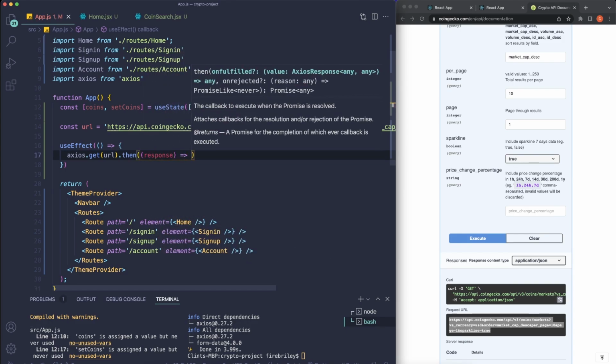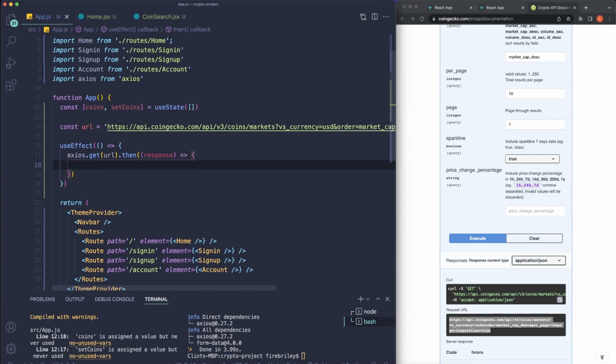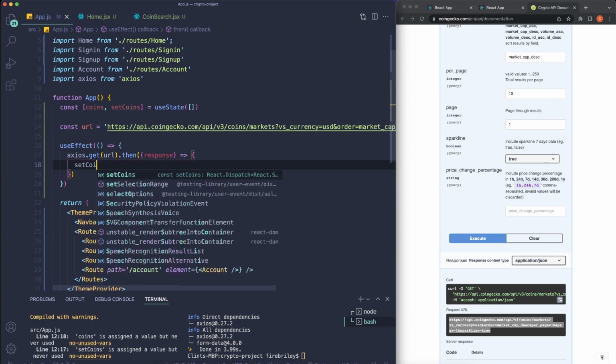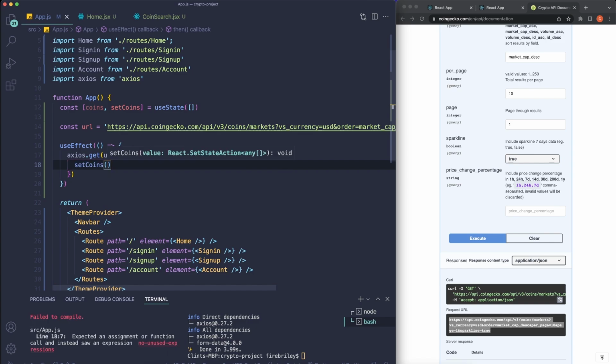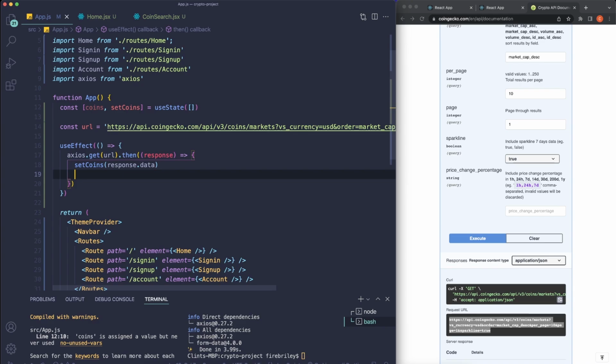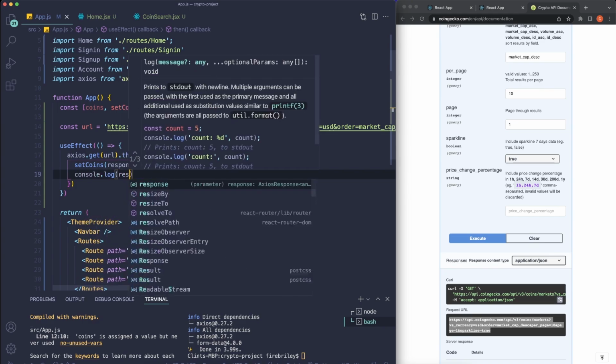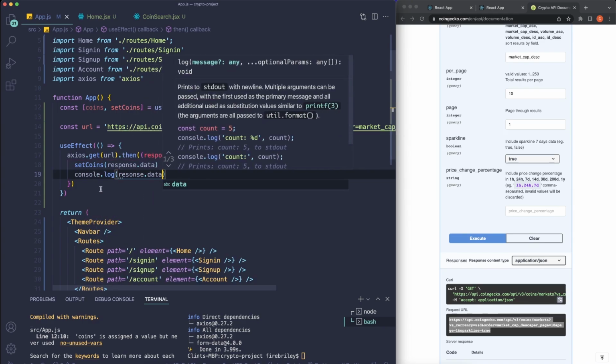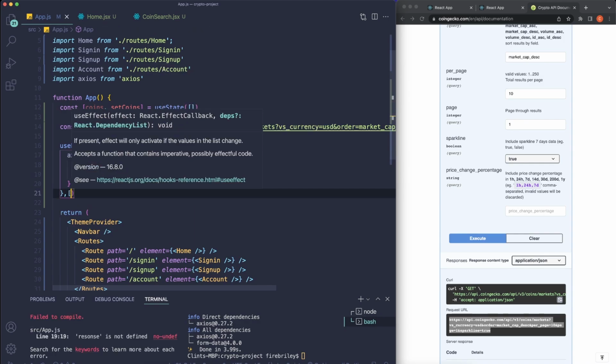It's going to be an arrow function. And in here, what we're going to do is just update our state. So we'll say coins, set coins, to be response.data, okay? And we'll go ahead and console.log response.data. And in here, what we want to add is our dependency array, because if you don't add the dependency array,